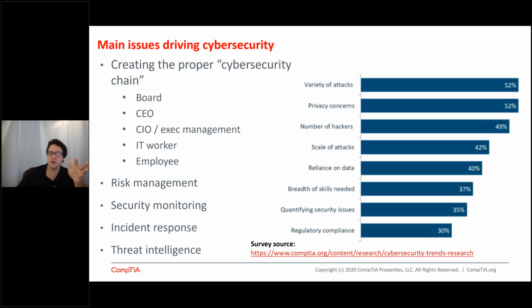Imagine the stuff that might be on your computer that's very sensitive, whether it be credit card information, information that you've generated in your private activities, things that you've done for your business, intellectual property. People are worried about the variety of attacks, though, because there are so many problems. There are vulnerabilities that are found in the cloud. There are vulnerabilities found in our web browsers, in our IoT devices. There's so many different things coming at today's workers. They don't know where to look for the next hit or the next attack. Privacy concerns is a big deal.